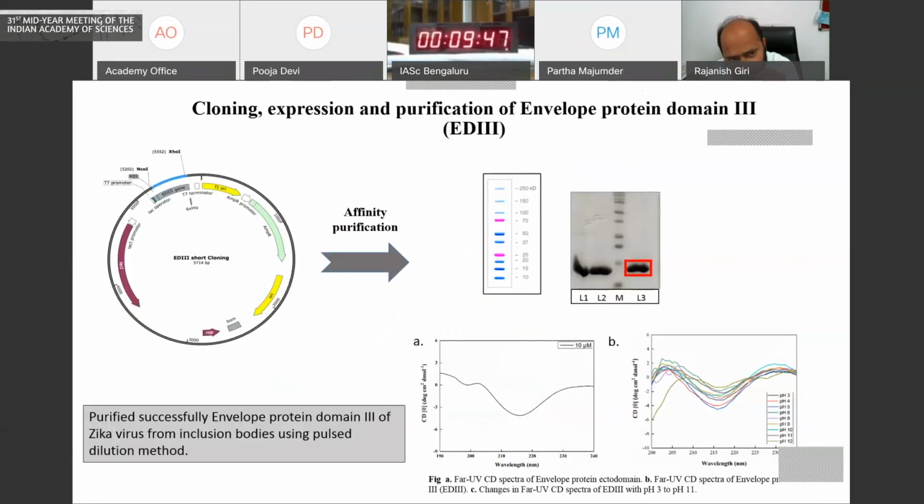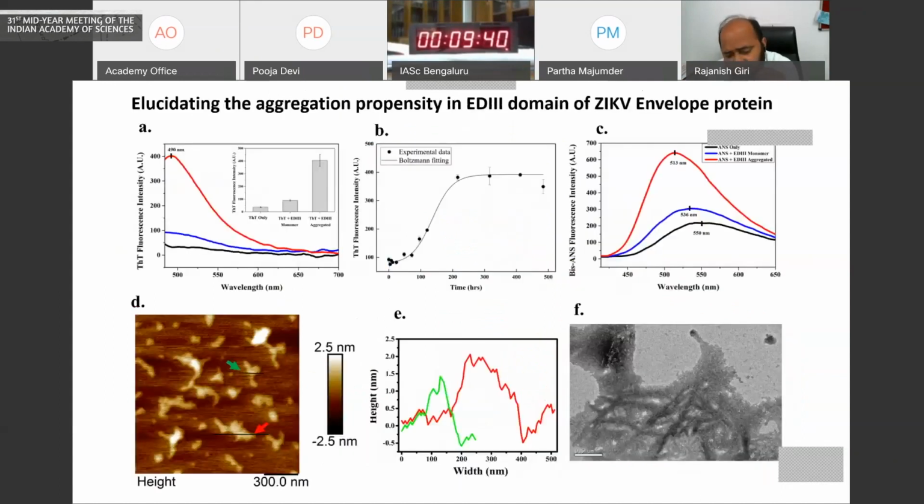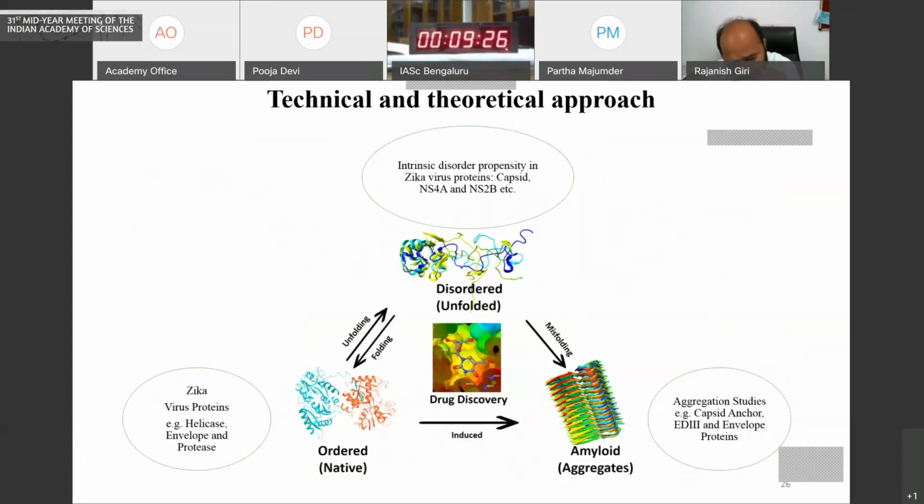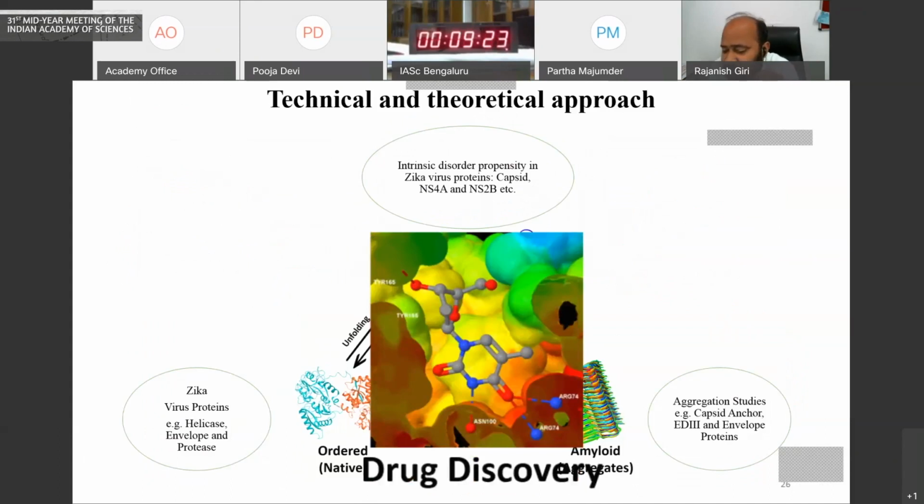And we verified the AD3 domain, and we performed the basic characterization of the cell structure. And we found that this AD3 protein aggregates, and this is a very different finding in the cellular system. So this is the third aspect we focused on, and then we focused on the drug discovery aspect against these proteins. So this is the fourth aspect of study we did on these proteins.